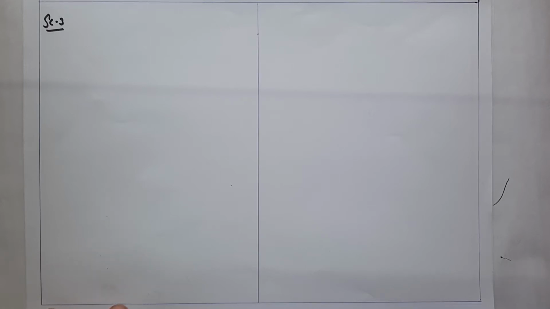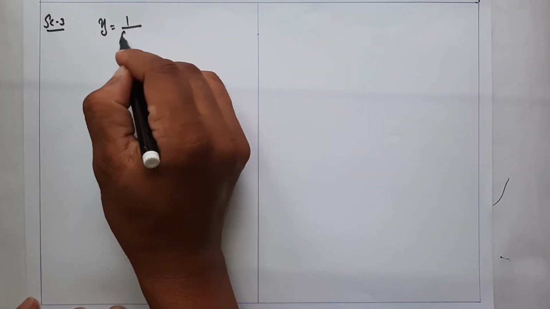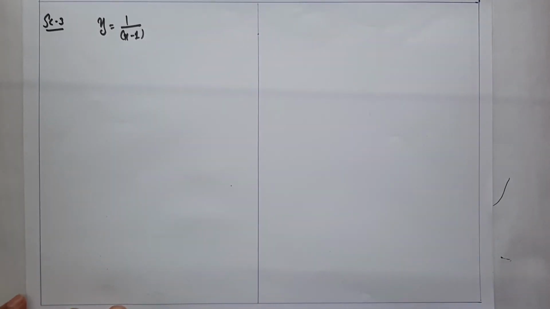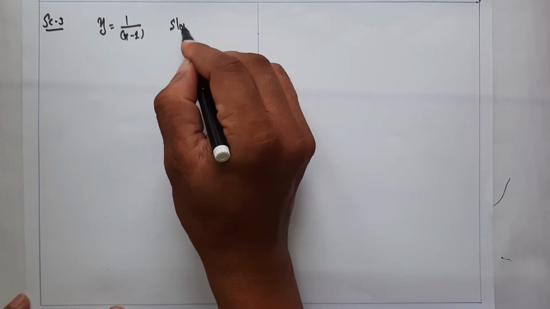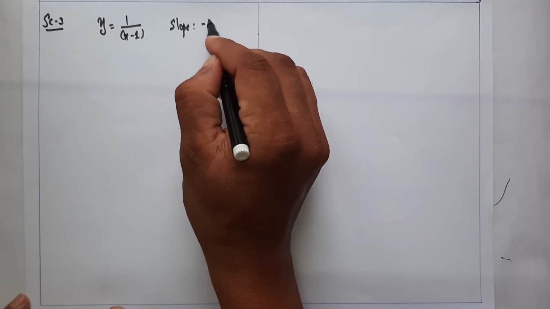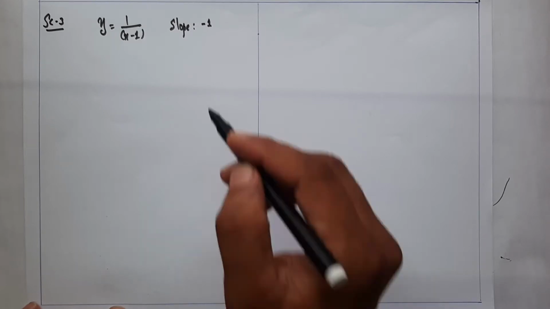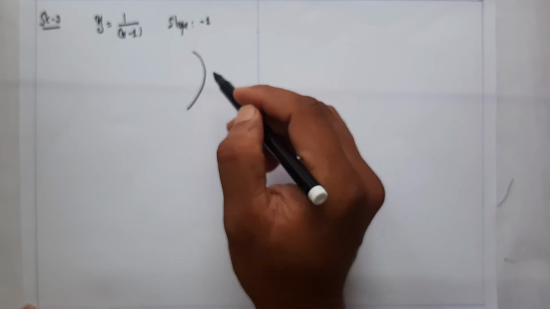Find the points on the curve y is equal to 1 by x minus 1 at which the slope of the tangent is minus 1. That means y is equal to 1 by x minus 1 is a